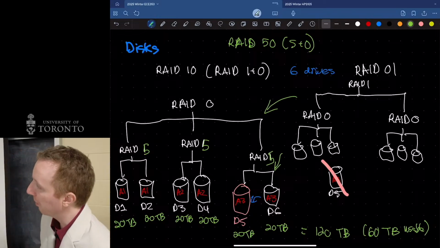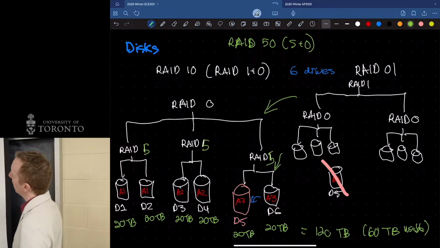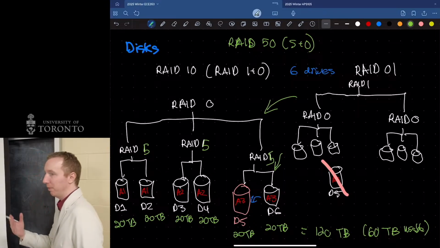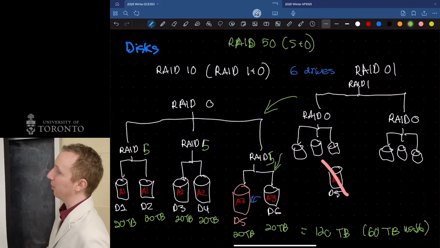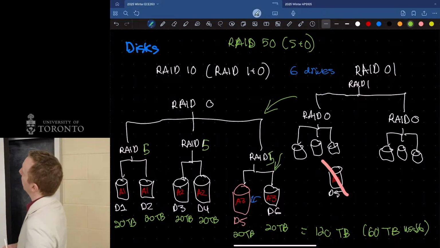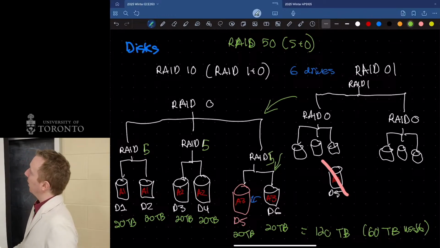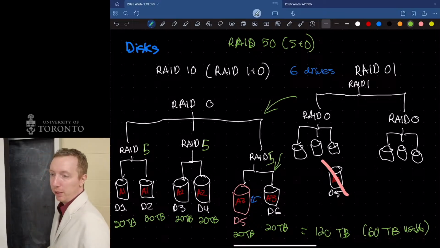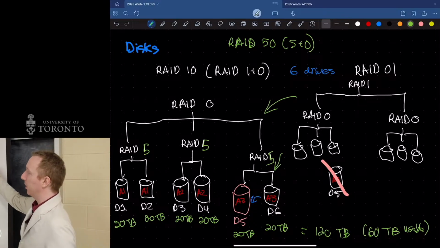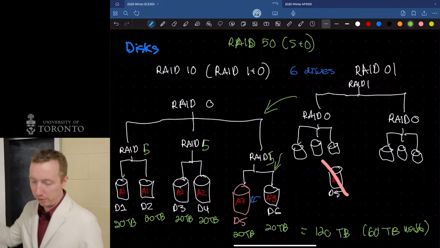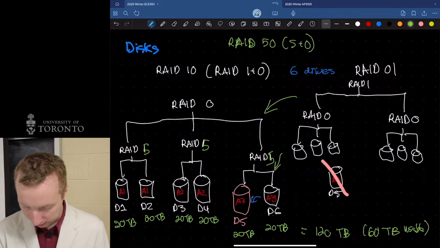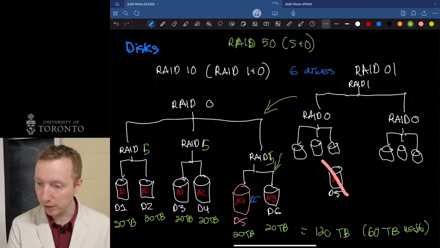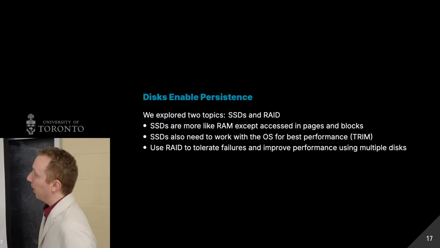So, you'd probably care about that if you're running a server, so you don't actually lose data. You might have your data backed up on the cloud. The cloud is just another word for someone else's computer, and you're just paying someone else to do this for you. They'll be using something like this to actually store your data so they don't lose it, because hard drives die all the time.